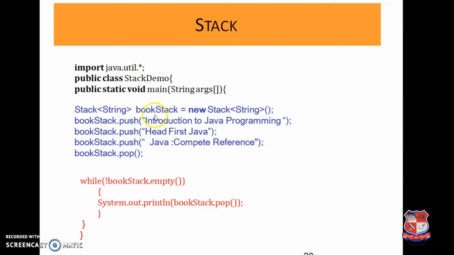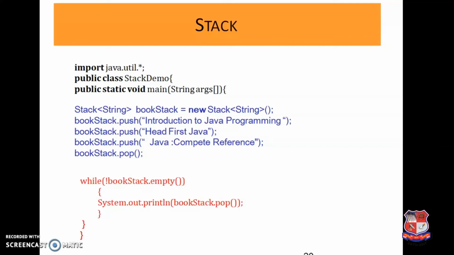So this book stack will store standard references for Java programming. So in the book stack, we'll use the push operation and we'll push Introduction to Java Programming by Daniel Liang. Then we'll push Head First Java. Then we will push Java Complete Reference.